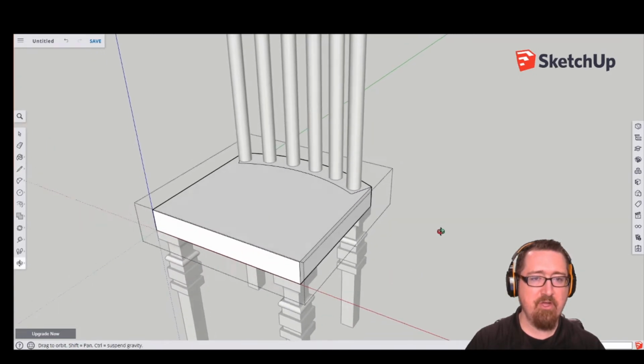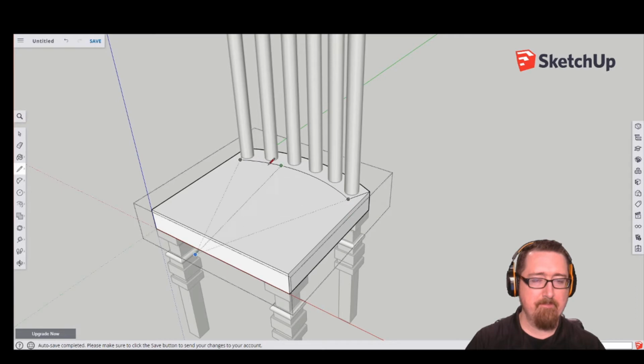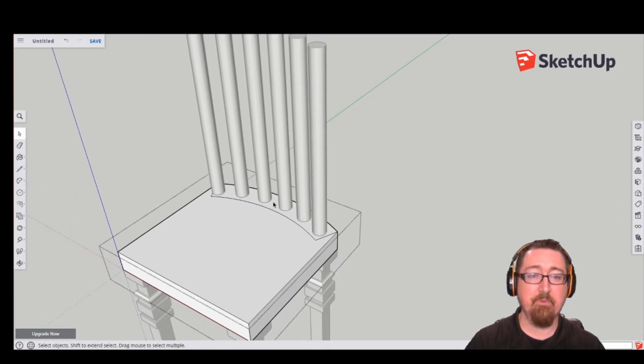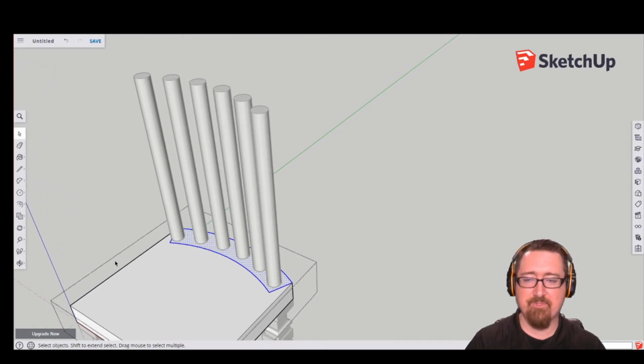Okay, so now I've just drawn a particular shape on my seat. So why do we do that? What are we gonna do with it? Anyways, I'm gonna double click on that shape to select it. So I double click on the surface. It selects the bounding edges of that, and now I'm gonna use my move tool,